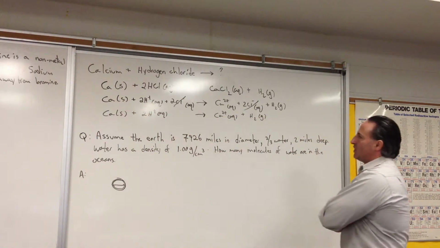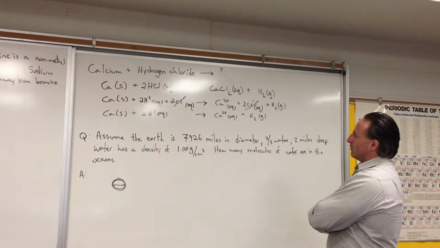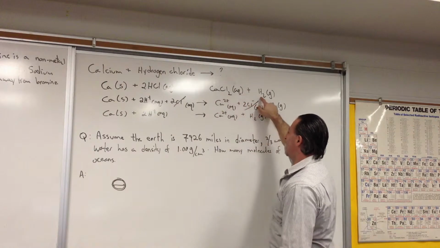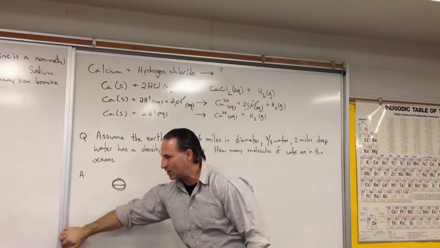With calcium and hydrogen chloride, the reaction would result in the formation of calcium chloride and hydrogen gas. As we know, this reaction does take place. And if we go back and look at the activity series,